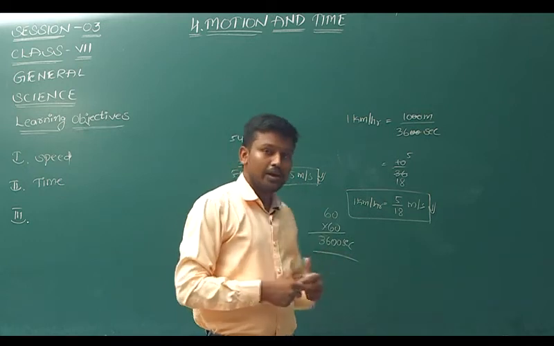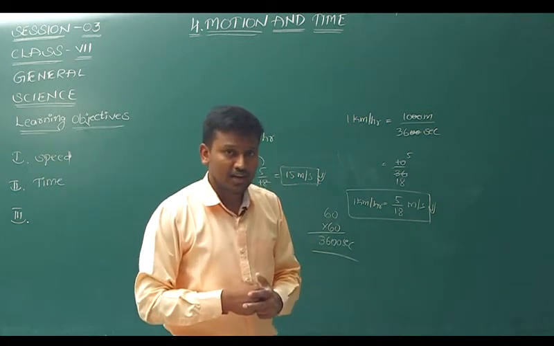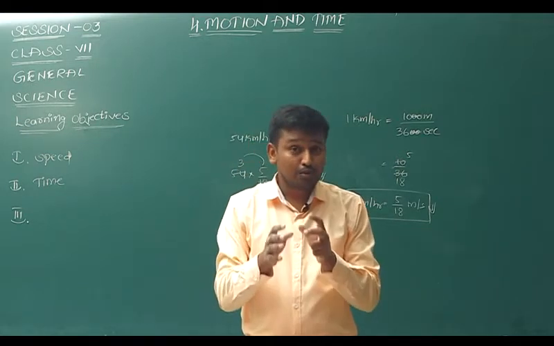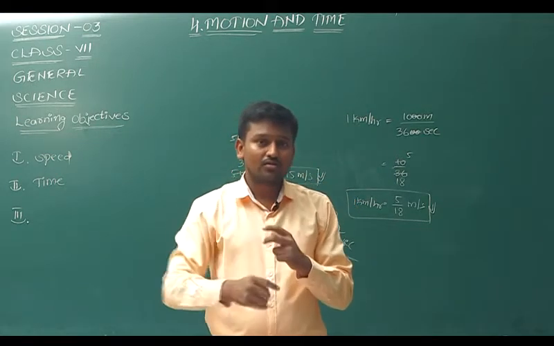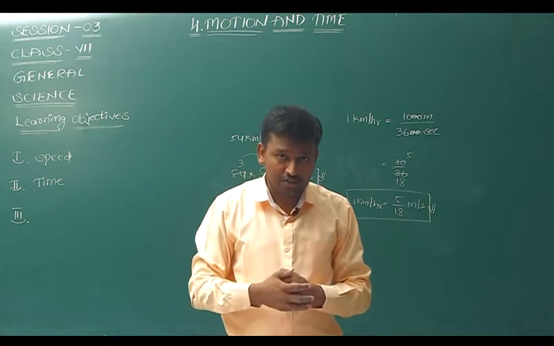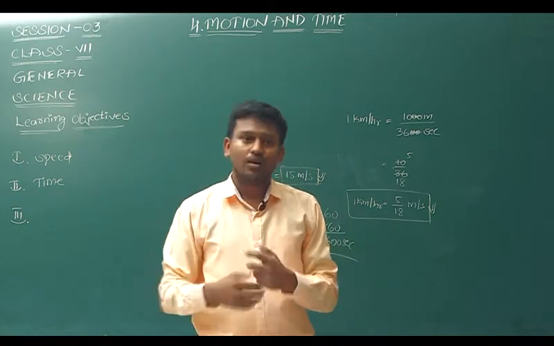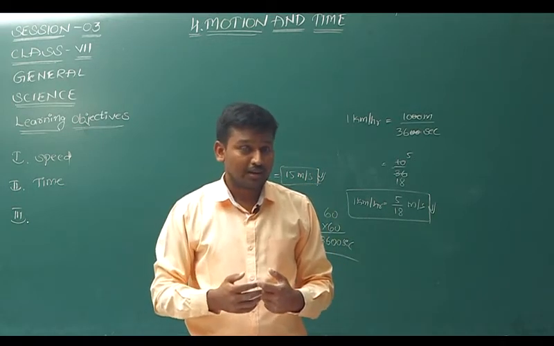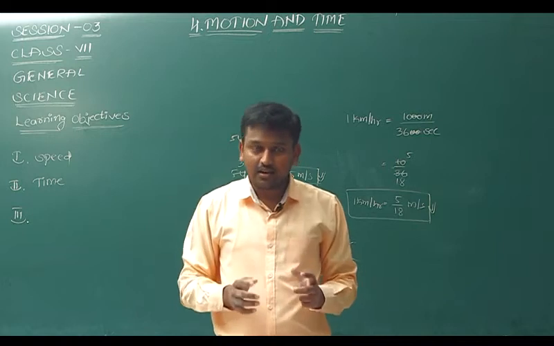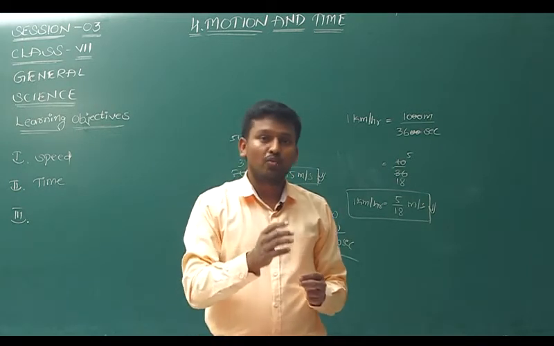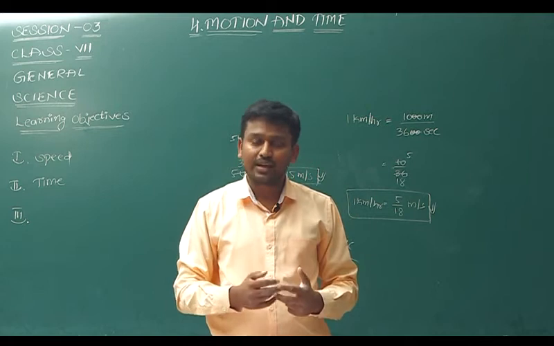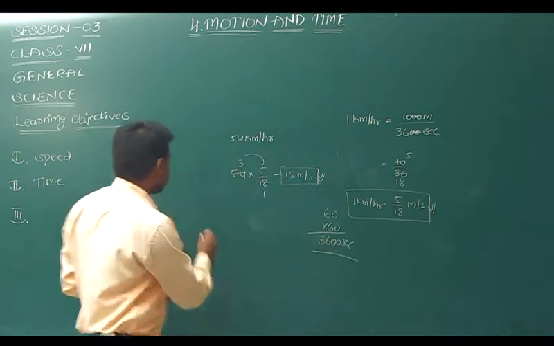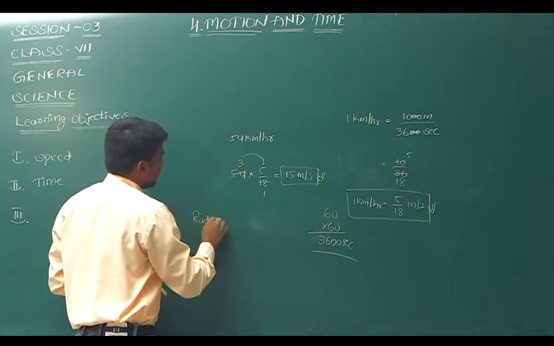To measure the speed, we use speedometer in the vehicles. And sometimes traffic police impose a fine for moving at high speed on the roads. How do they know at what speed we are moving? How do they calculate our bike speed? Yes, they will tell directly that you are moving with over speed. How do they know? Yes, they use one type of device, it is called a radar gun. What is it? Radar gun.